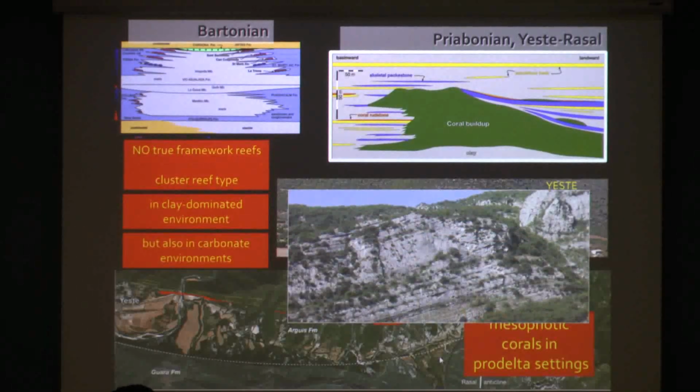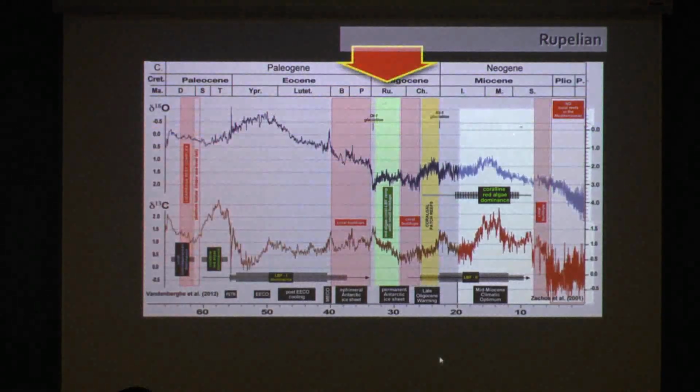but often in deltaic environments, but also in purely carbonate environments. Mud mounds, coral mud mounds, oftentimes with a fair amount of clay around them. Coming into the Oligocene,